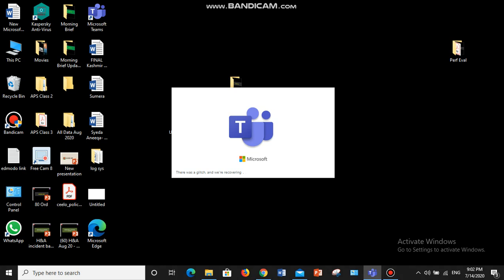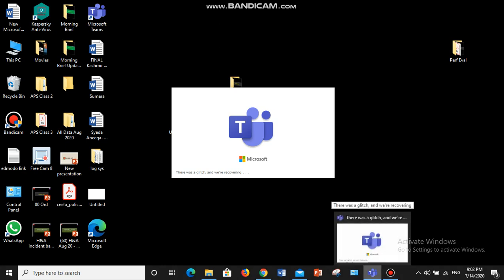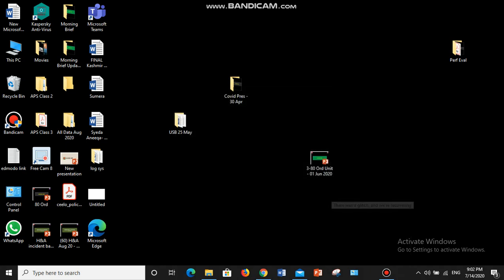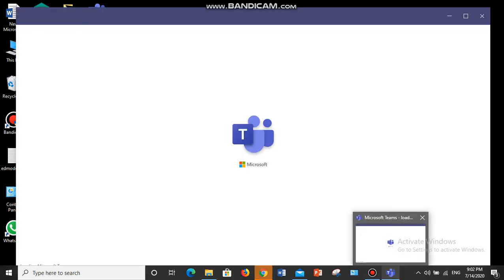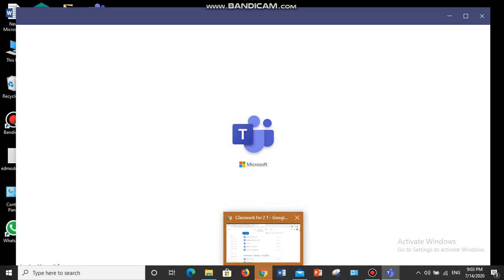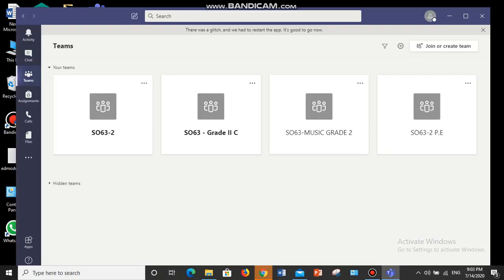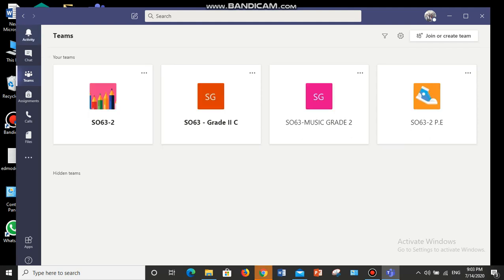Alright, after you have put in the password, it should log in, but Teams takes a little bit of time before it logs in. Alright, once it logs in, you can see there is a calendar on this left side.